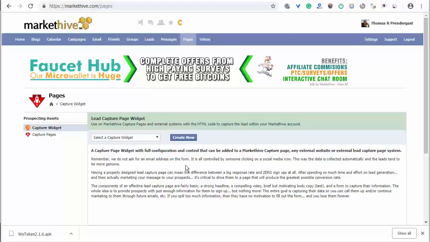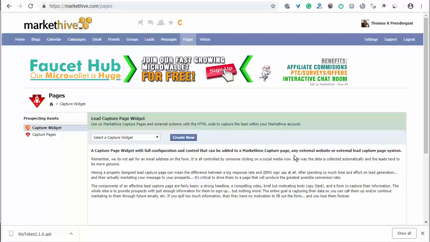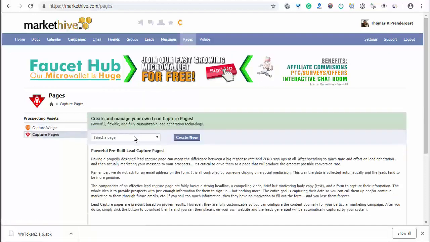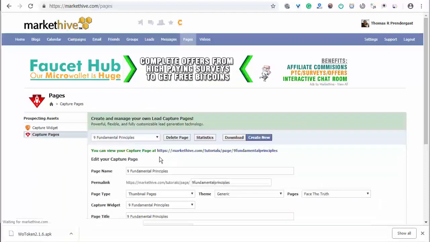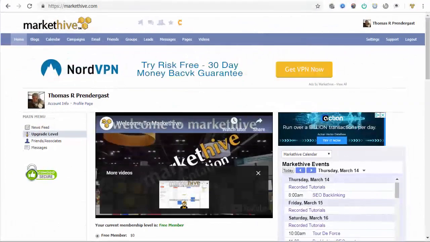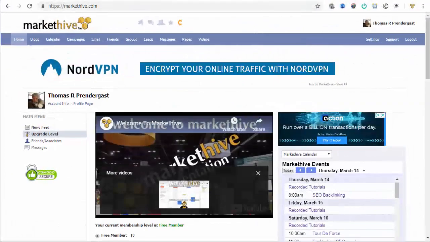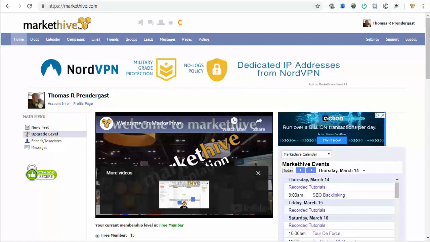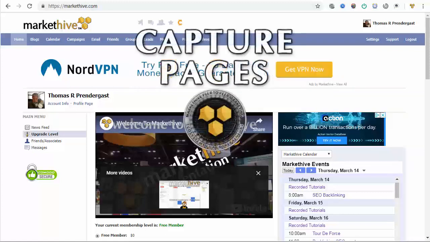And now we're going to do a more advanced version. We're going to do a capture page next. Okay, so I've shown you how to build a thumbnail, which is very simple to do. Now we're going to build a capture page, and this time we're setting up that capture page with another lead